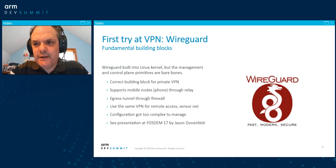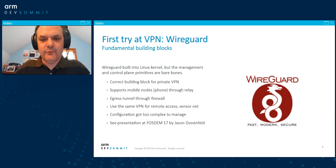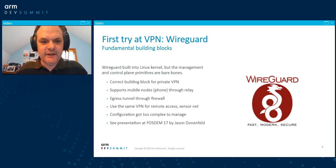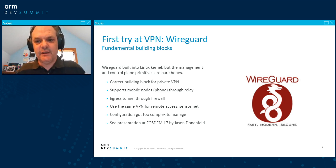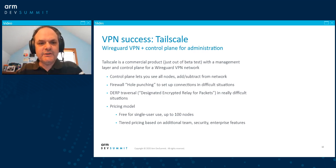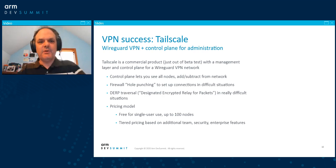WireGuard's a very good underlying protocol for VPN connections. There's a presentation that the author, Jason Donenfeld, did at FOSDEM 17 that's worth looking at. But as a user interface, it leaves a lot to be desired. And so what I switched to instead was a tool called Tailscale. Tailscale is a commercial product. It's just out of beta test,